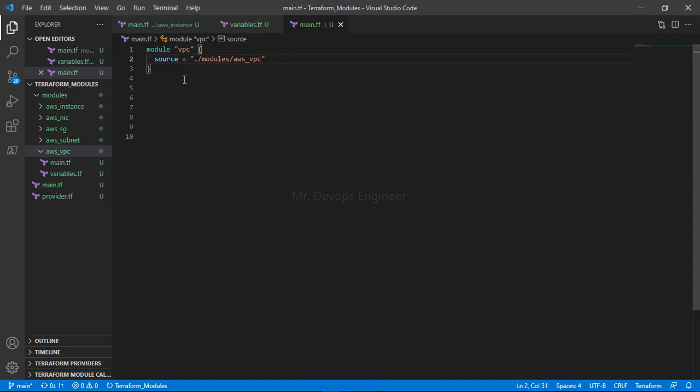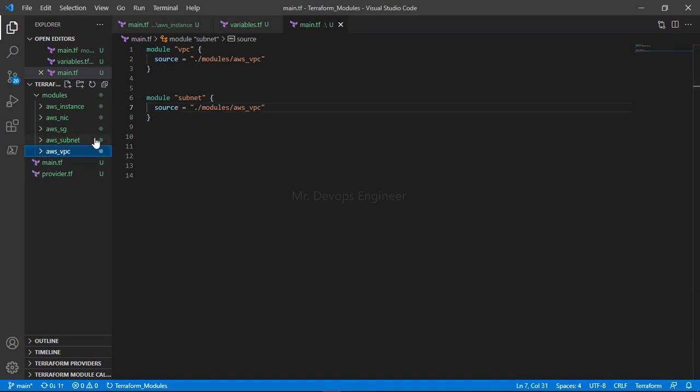So let's just go ahead and do it for all first. So module, and here we will call subnet, correct? And here we will call the module, right? How will you call, like this. And here you have to provide the name of this module. This is the path, right? This name can be anything, based on your choice, but this is the path. So make sure you are providing the correct path.